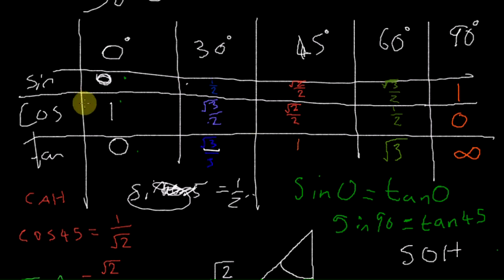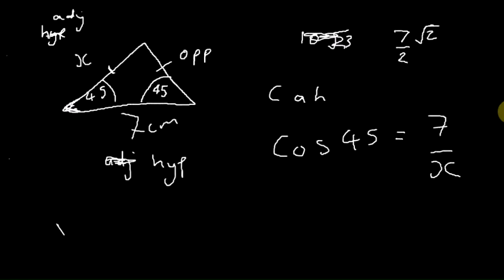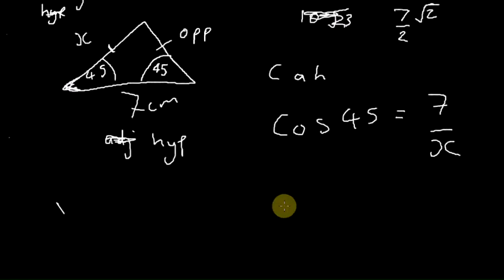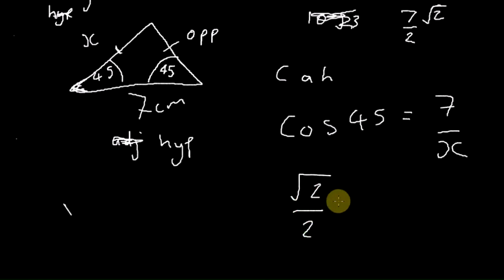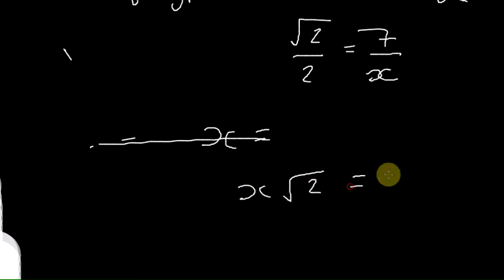And what do we want? We wanted cos 45, didn't we? Which was square root of 2 over 2. So let's just scroll back. Cos 45, square root of 2 over 2. So we can just replace that, and with that. Okay, so let's just do some rearranging. We'll cross multiply, and we'll do it explicitly. So that gives us 14, and then that gives us 14 over